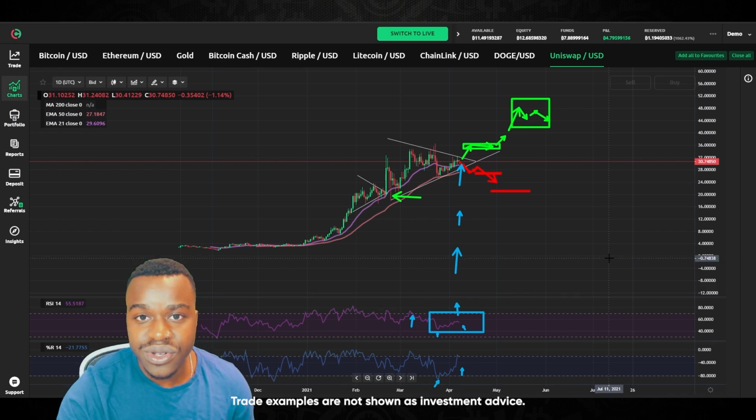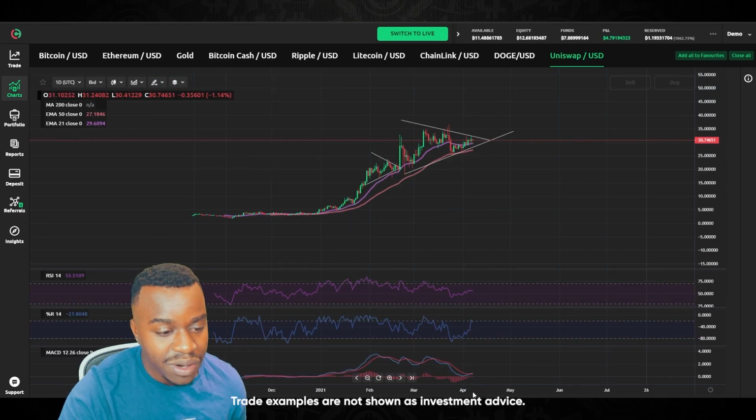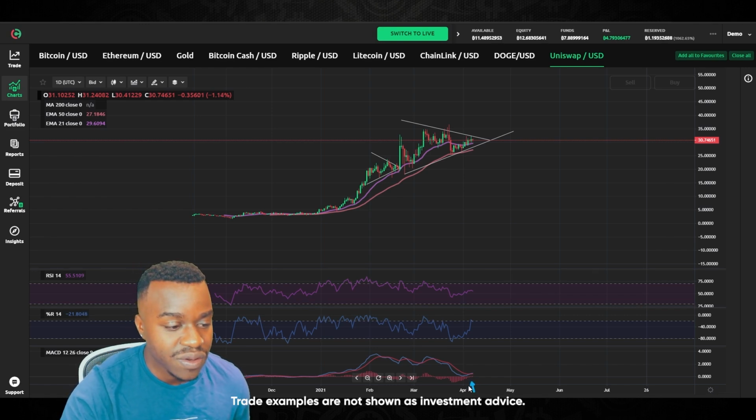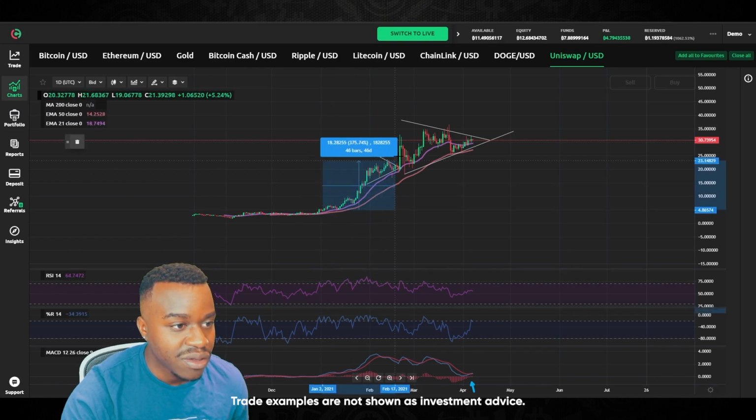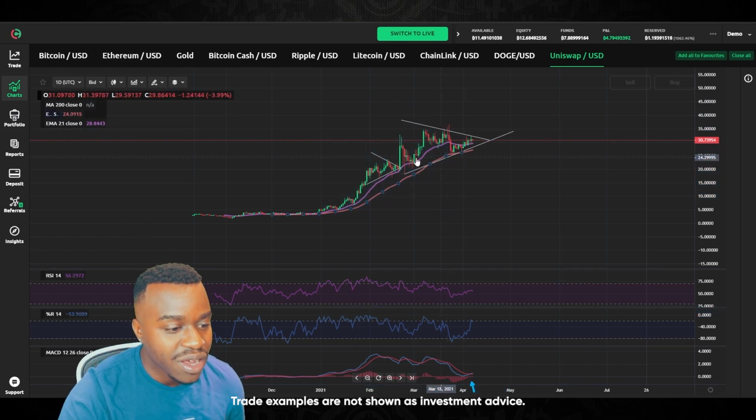Wait, there's one more thing I got to show you guys that I seen on my personal chart. Here is the MACD. Have a look here at what just happened on the MACD for UNI. We just had a bullish crossover, and every other time we've had bullish crossovers, we had quite a big jump in price. Back here at the beginning of the year in January, we had that bullish crossover right at the beginning of the year. And look at that, price is up over 500% since then. We had another bullish crossover in February, and look at that.